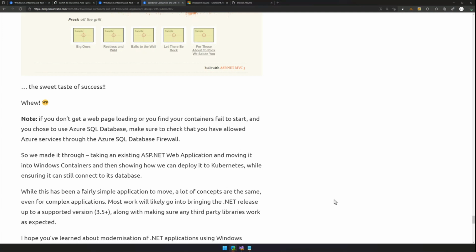I'll throw one out. We find that the overhead of Kubernetes and trying to run them is greater than a bunch of other techniques like running the hosting in Azure PaaS and the like. At what point do you think it's worth looking at Kubernetes over those strategies? It's a good question.